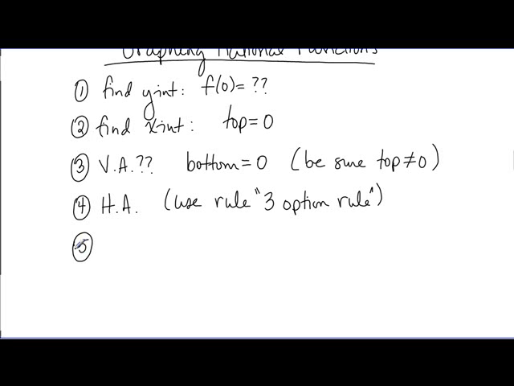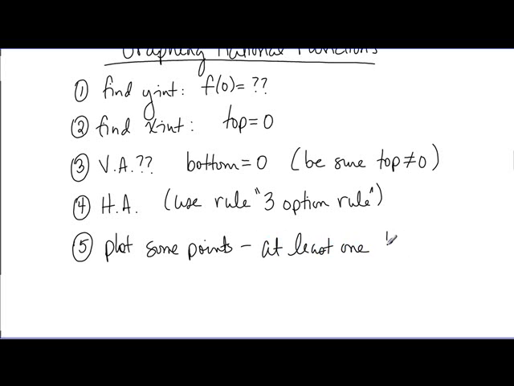The other thing that I want you to do is plot some points. When you find the y-intercept, the x-intercept, the vertical asymptotes, the horizontal asymptotes, that's a lot of information, but it's not enough to get a good idea what the curve is doing. You've got to plot some additional points. So you want to plot at least one, maybe more,